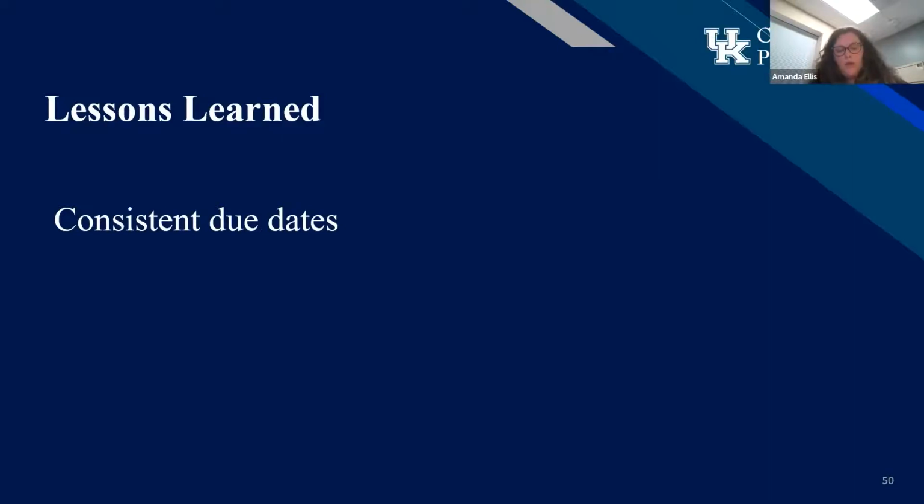Consistent due dates. This is a big one. So I did this from the get-go, but I did find that students really appreciated this. Each week has its own module, and there was a single due date for all work. And so work was always due on Sunday or Monday, for example. So that way students just always knew. There was never any guessing. They knew due dates for this course are always on this one day of the week. And for the most part, students seem to really appreciate that because it completely took the guesswork or the memorization out of when is stuff due. They just always knew it was due on a single day of the week.